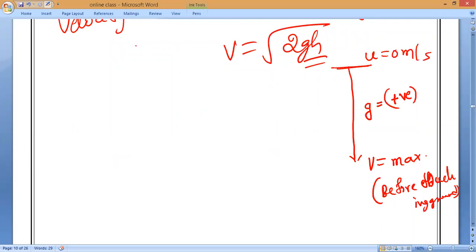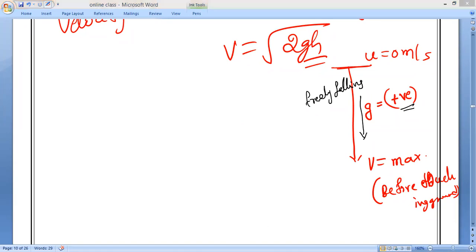Positive, sir. Danishkar said negative. Wonderful, Danishkar. Who said ready? You are. Yes, sir. Why? Freely falling is in the same direction. Gravity is also in the same direction, and the G value is also the same. The body is also moving in the same direction. So that G value is positive. Okay, ready? Careful. Now, let us solve this one.